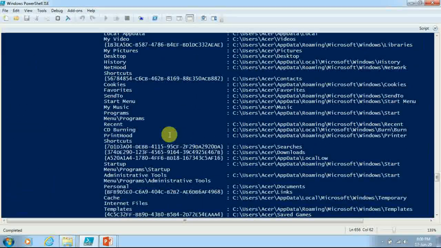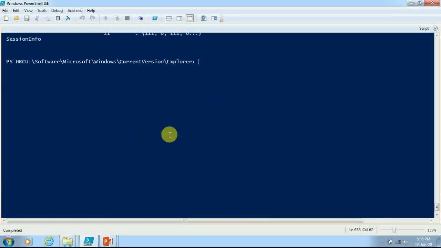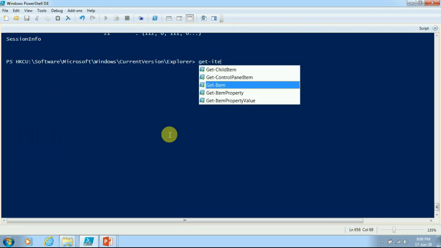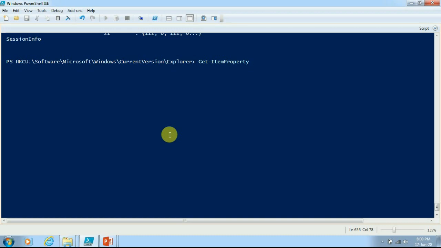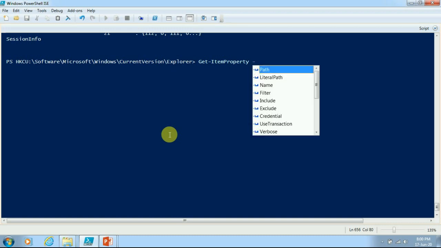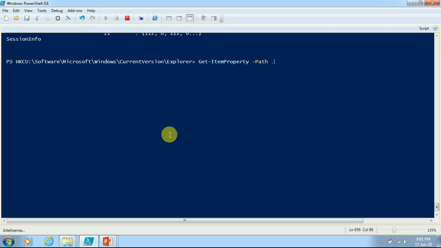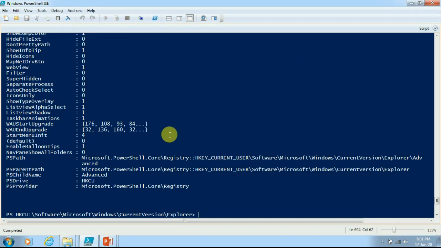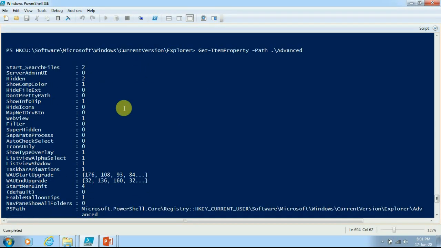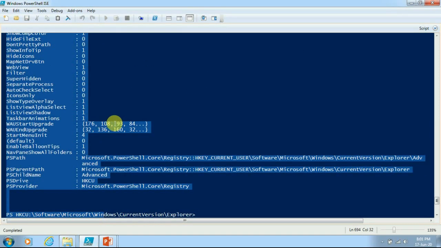But if I want to fetch the property of any particular key, I will have to use Get-ItemProperty. In Get-ItemProperty I will specify the particular item, Advanced. You will see that Advanced also includes a lot of keys with their values.